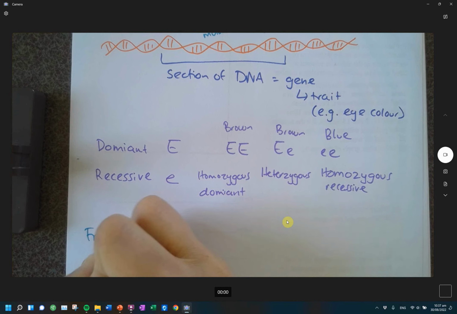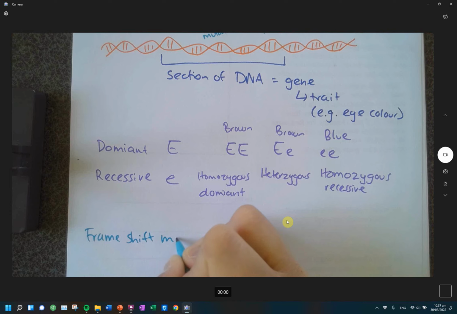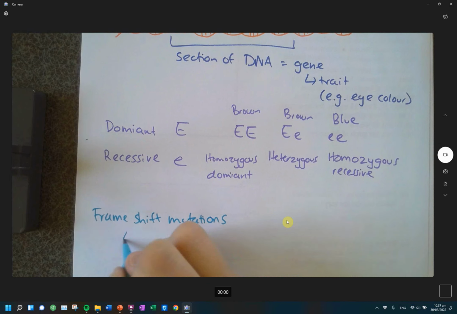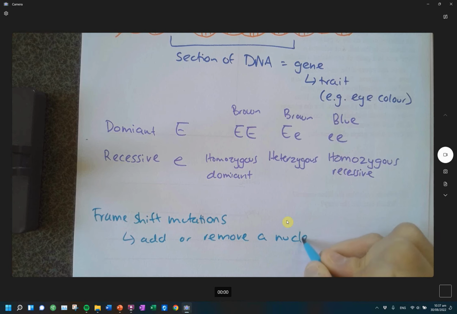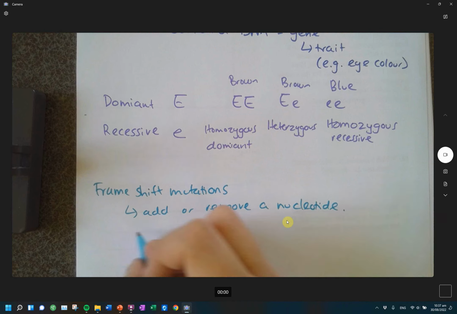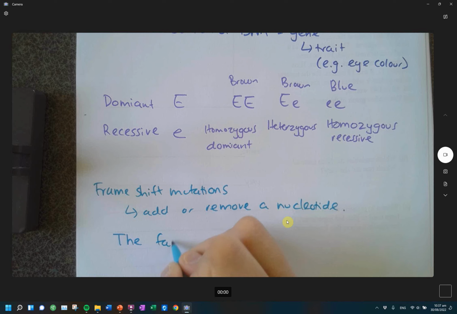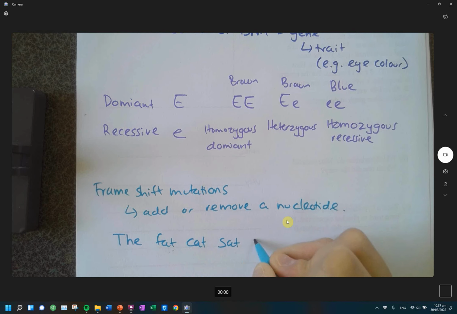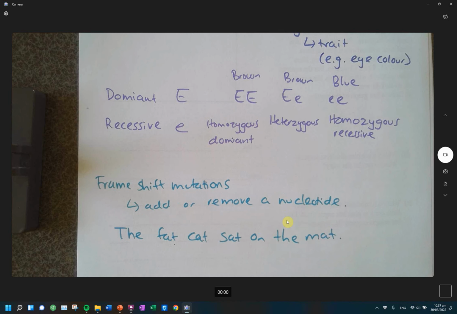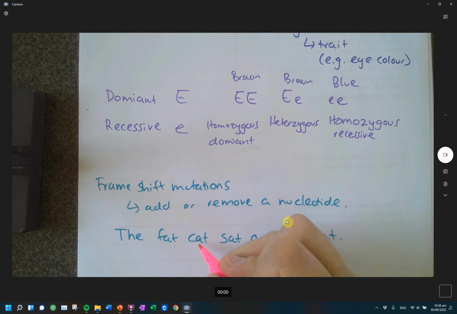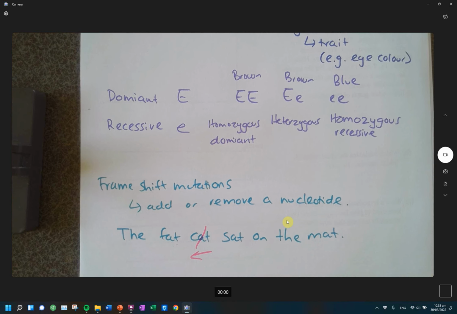So frame shift is when you add or remove a nucleotide. So for example, if I had the fat cat sat on the mat, that's my sentence, right? If I, thinking about my cat, if I delete a letter, say for example, I delete this A over here, I shift the reading frame, because remember when we were talking about reading the nucleotides, we read them in sets of 3. So I would have the fat,